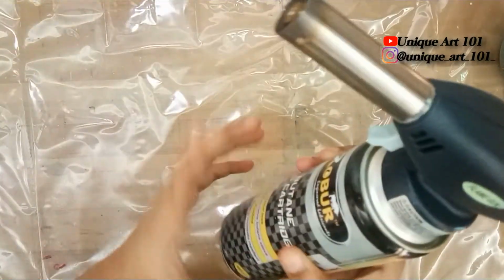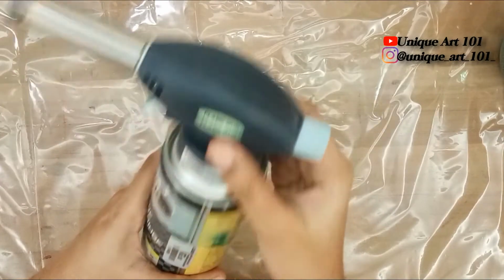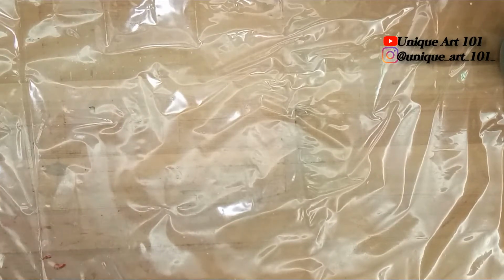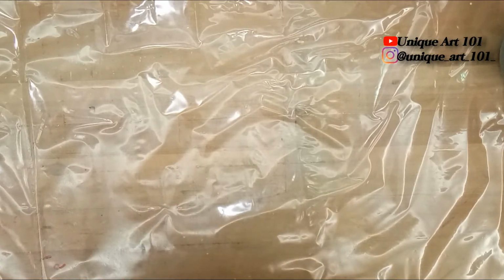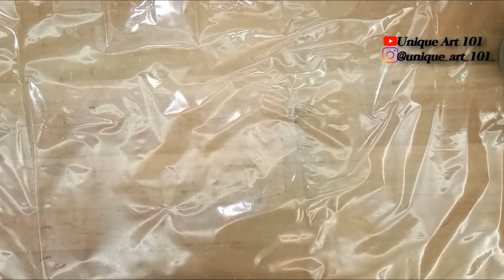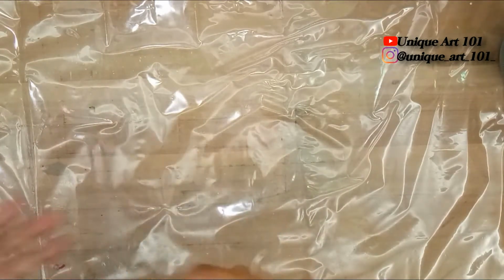This one came separately, and I had to get this one separately. This is 100 rupees, and this is 400 rupees. So that's about it. And just the normal mixing jar, and I do not have a weighing scale as of now, so I used 10 grams. Since this resin is 2:1, for one mobile case I used 10 grams of resin and 5 grams of hardener approximately, and just used the normal cups to mix the colors and your sticks,